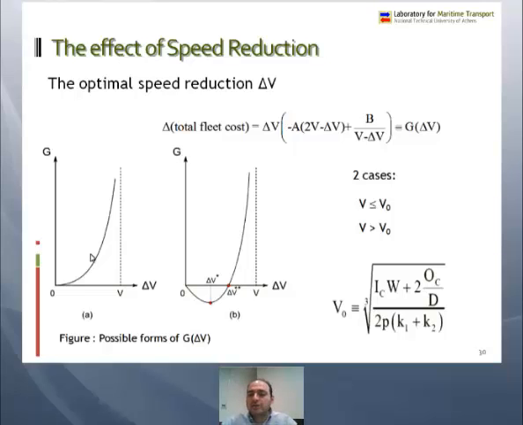And this is actually, as you can see in this formula, related to the inventory cost, the payload of the vessels, the operational costs, and the distance that the vessels sail. Also related to the fuel price. These are the two possible forms,